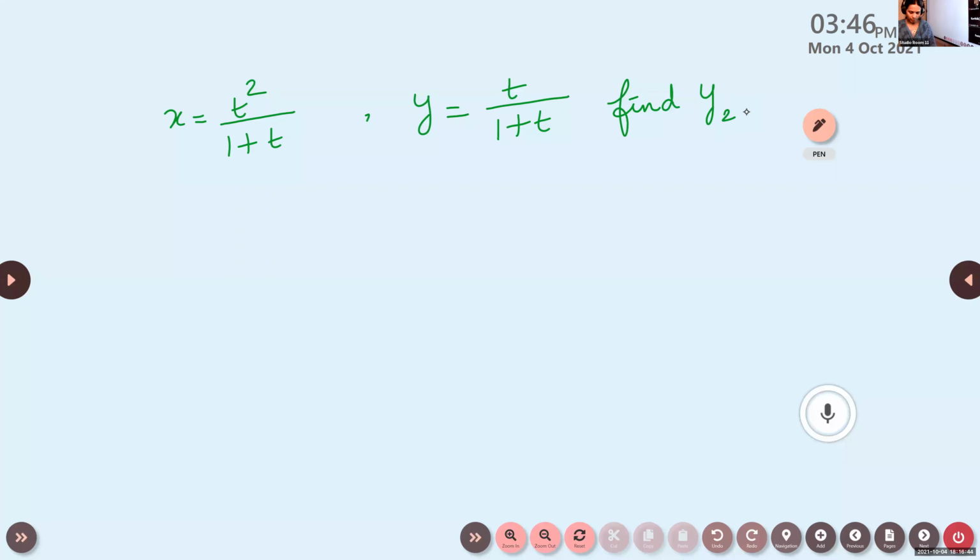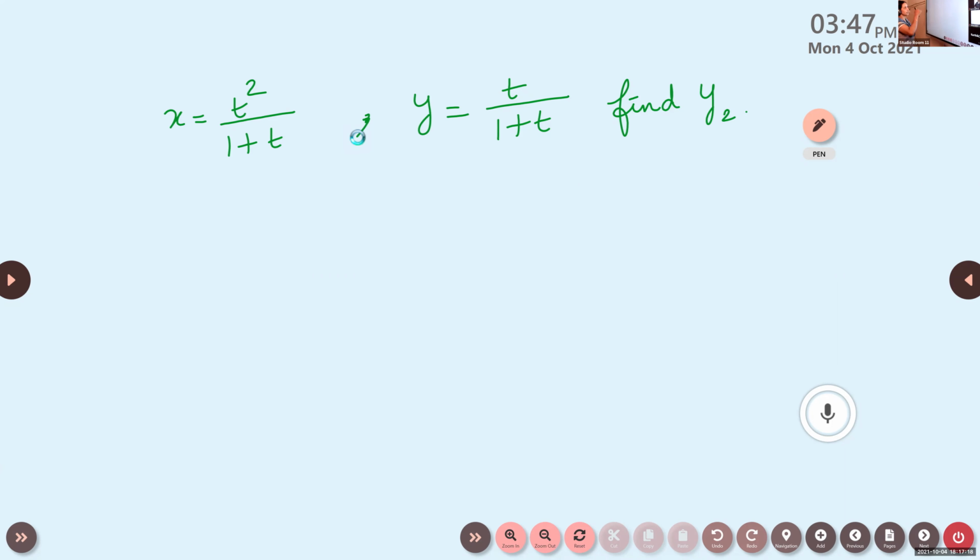So tell me how you do this one. In which form do you have to do this? The given function is in which form? Yes, Aparna, it is in u by v. Before that, what about the functions? X is given in which form? It is in parametric form.